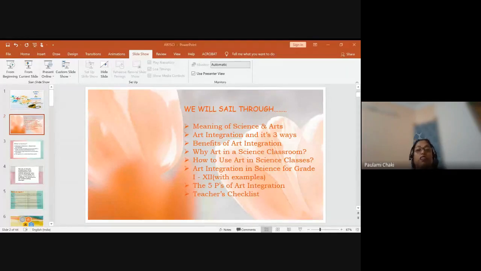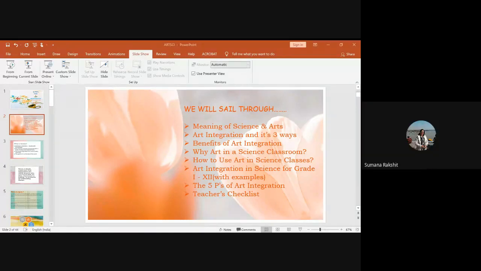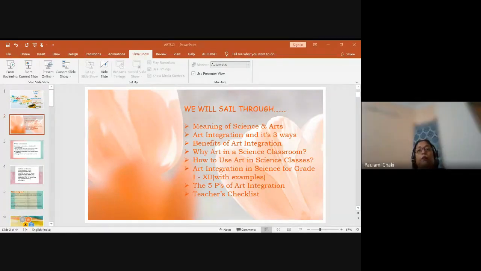Now there are 3 ways of introducing art into the curriculum. Art as the curriculum, wherein art is specific in a timetable. There's a specific time period allotted for arts. Then art enhanced curriculum, which focuses on arts as a way to explore a curricular concept. In art enhanced curriculum, the teacher is not required to know about different forms of art. She or he doesn't require specific training in different art forms.